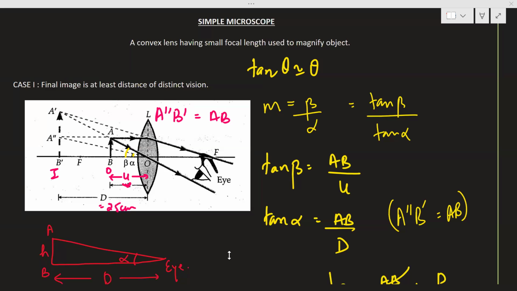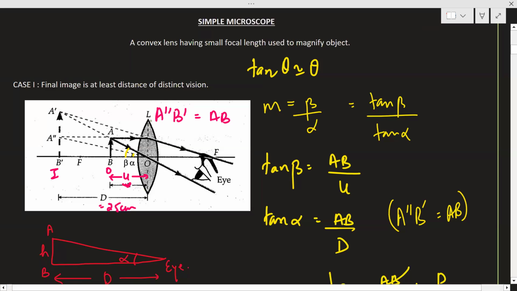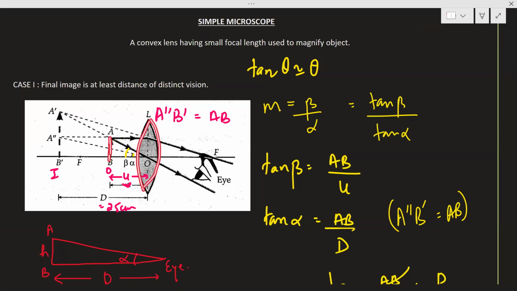A description of the image in the sense. See, this is a lens. This part is the lens, convex lens. Now see, this is the object. Light ray parallel passes through the focus. Light ray through the optical center retraces itself. You produce it to see where it is intersecting. This is your image formed, enlarged image.